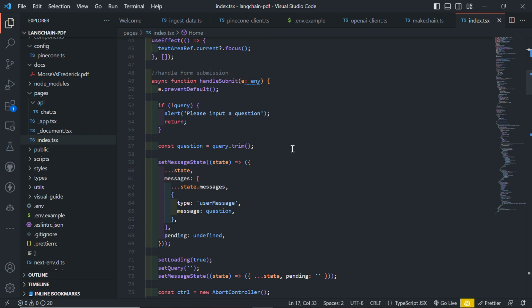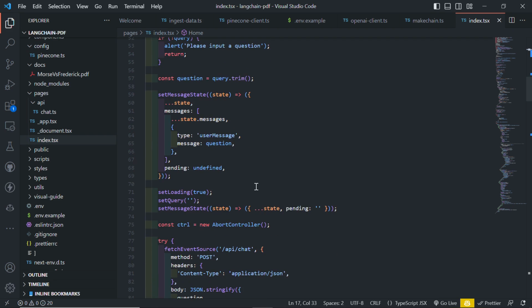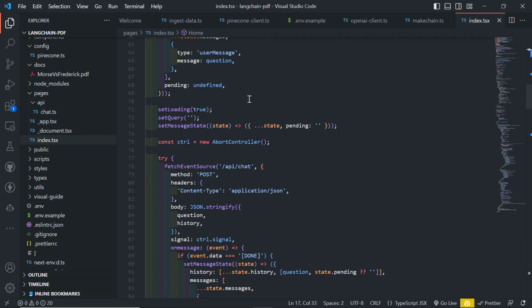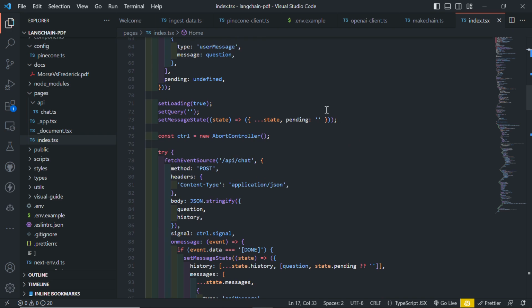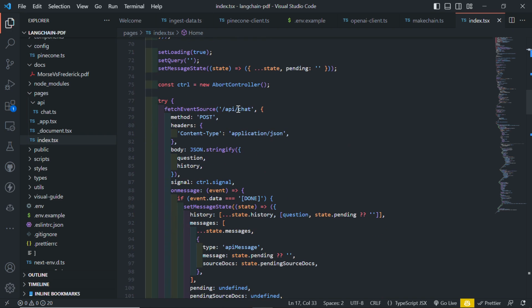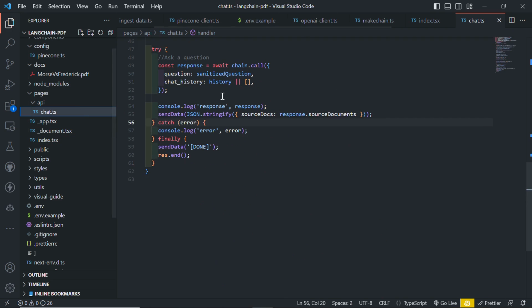So now we have the new state and the messages and the type of question. It's a user message that's coming through, right? We start loading, and then we set pending to an empty string, all right? So at this point, what happens is we then hit the endpoint API chat. So if I jump in,